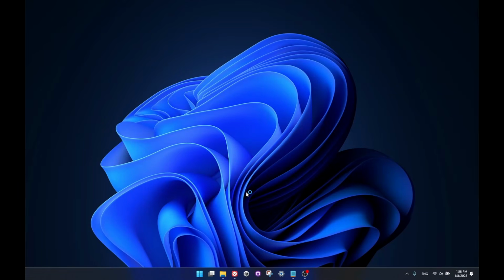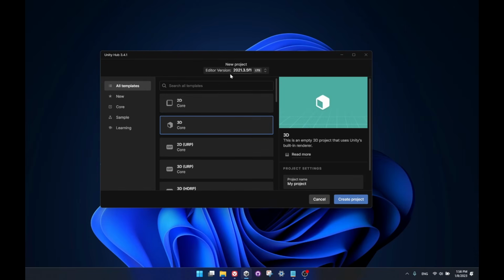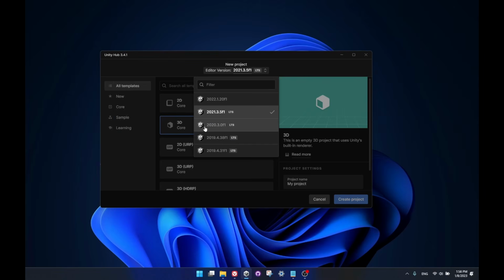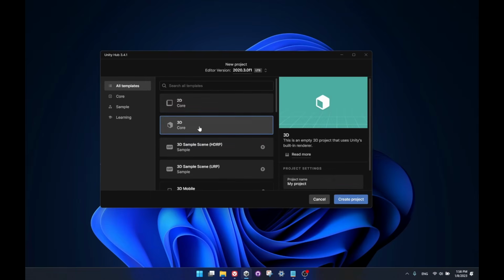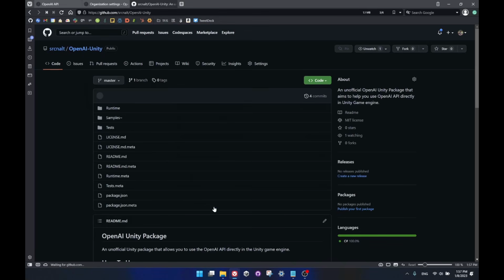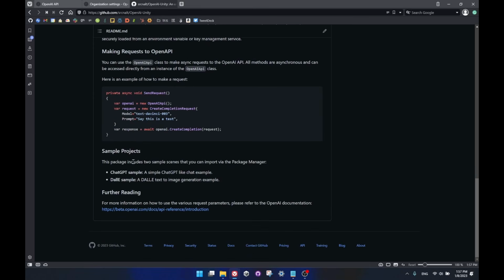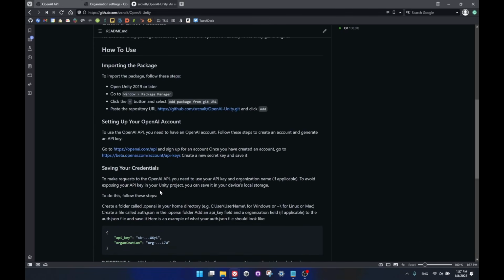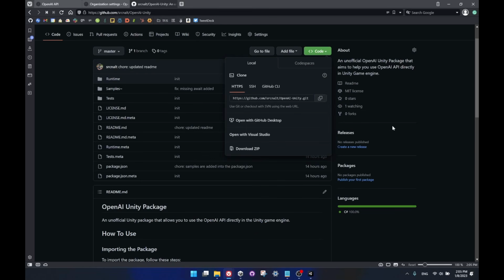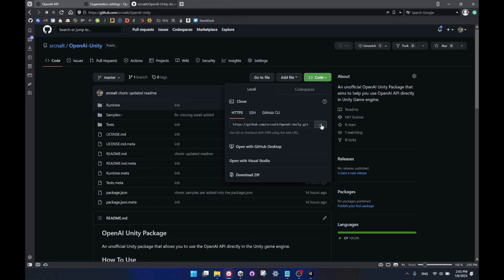First, let's start with creating a Unity project. I will pick a 3D Unity project with version 2020. This should work with any Unity version that has package manager. And here is my GitHub account where I have OpenAI Unity repository. You can also follow through the README file and see how this works. Copy the GitHub URL that ends with .git here when you see after clicking the green button, and come back